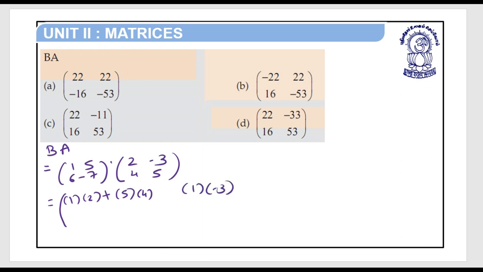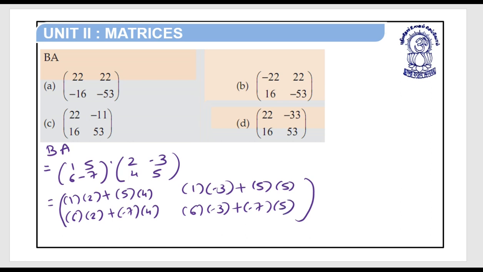1 into minus 3 plus 5 into 5. 6 into 2 plus minus 7 into 4. 6 into minus 3 plus minus 7 into 5. 1 2s are 2 plus 5 4s are 20. 6 2s are 12 minus 28. Minus 3 plus 25. 6 3s are